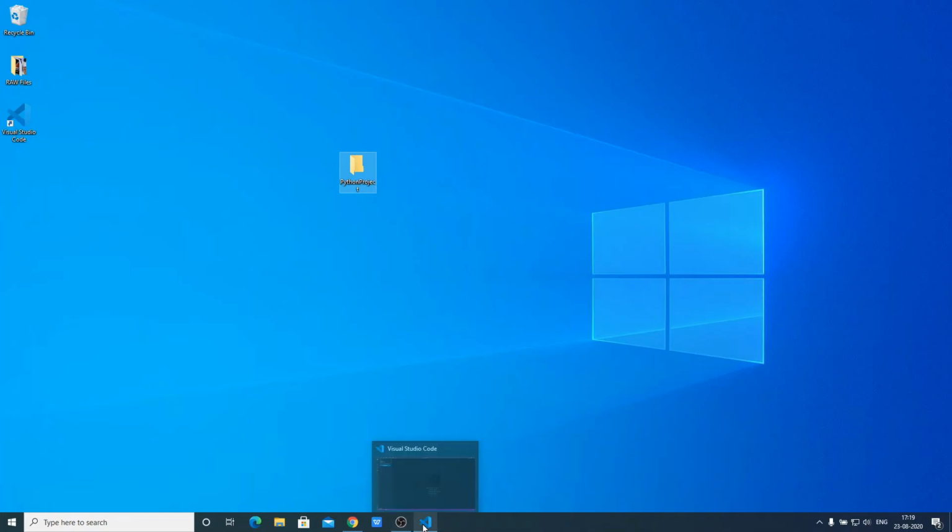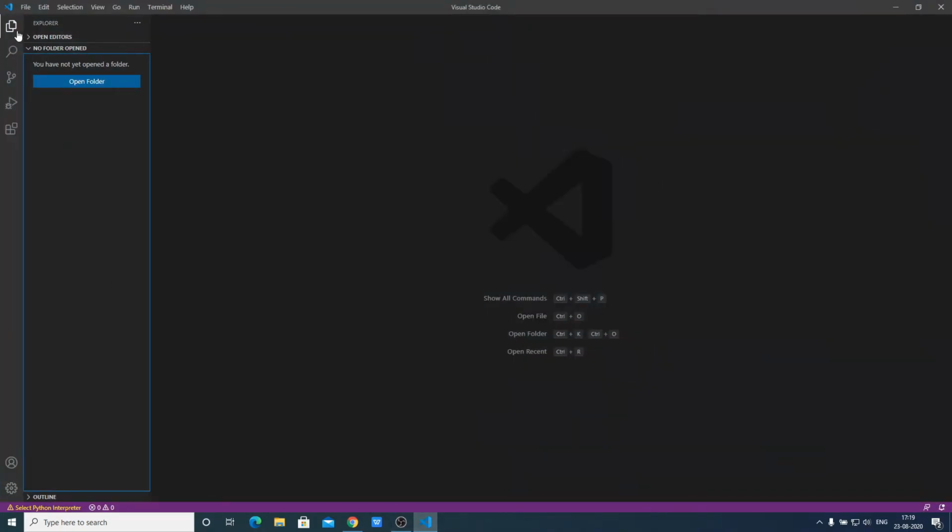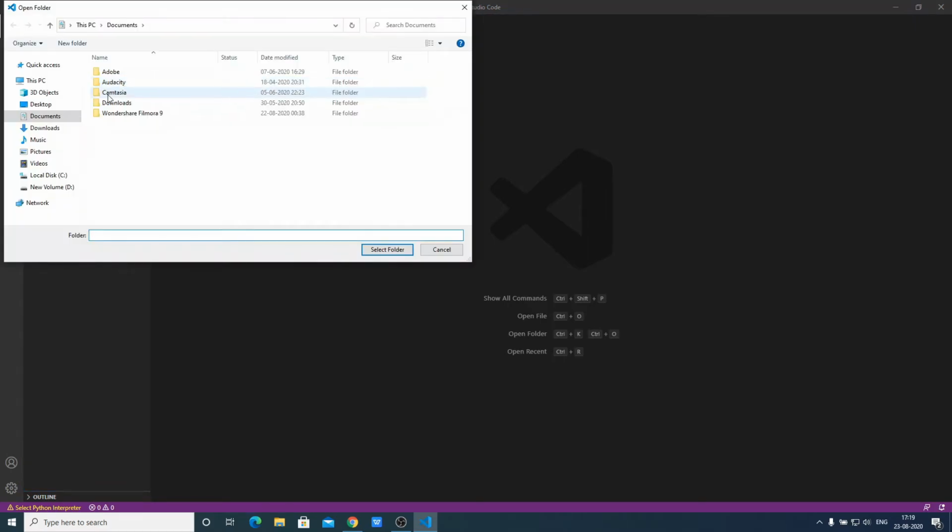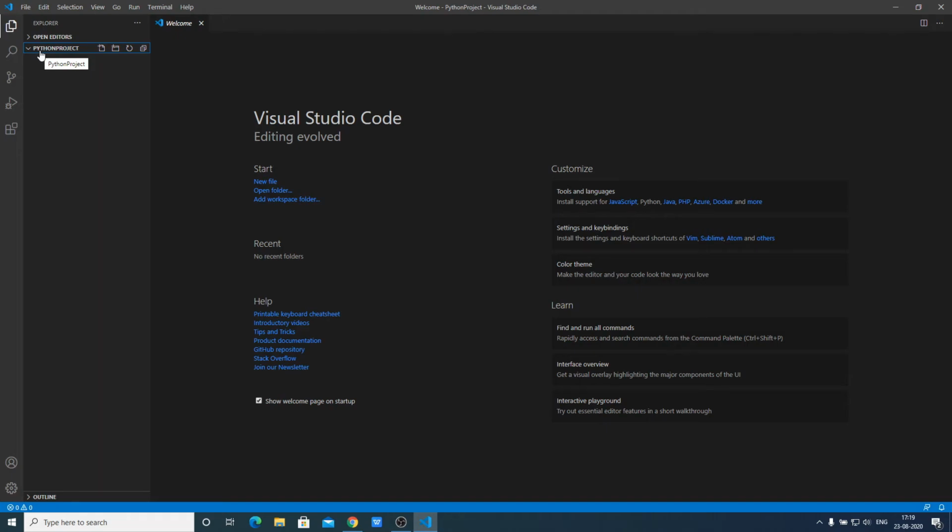Now again open Visual Studio Code, then click on Explorer, then click on Open Folder. And here simply select the folder we had just created, that is Python project, then click on Select Folder. Here you can see we have our Python project folder. Now to create a new file, simply click on this New File option, and here simply create one Python file. Say for example,